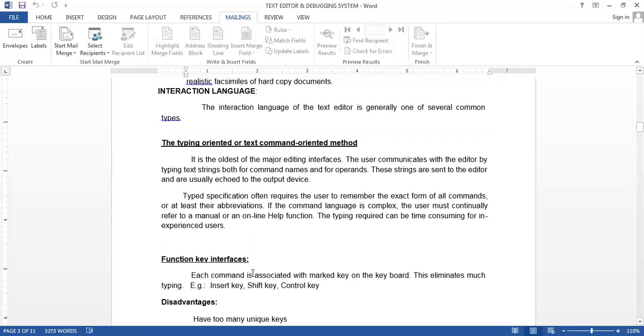First we will discuss the typing oriented or text command oriented method. It is the simplest, primary method, in which we use simple text commands. The user communicates with the editor by typing text strings for both the command's name and the operands.